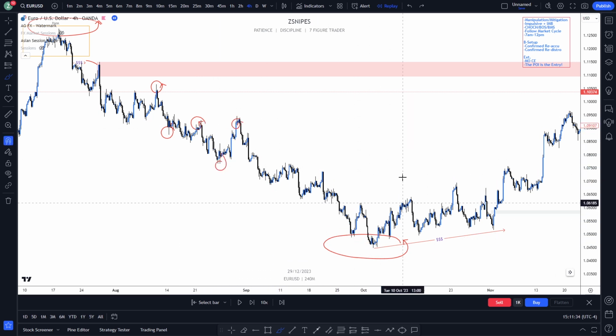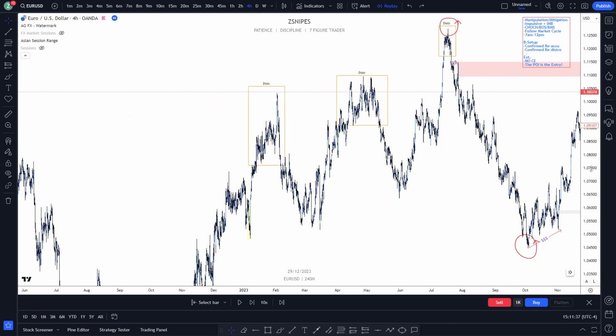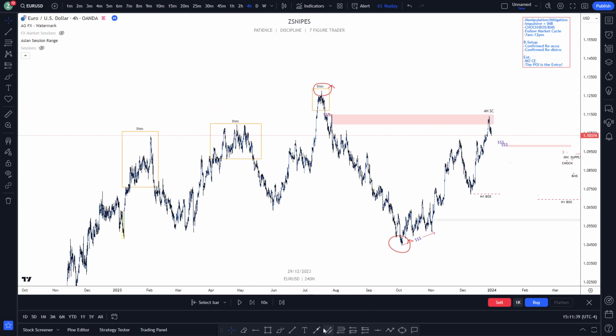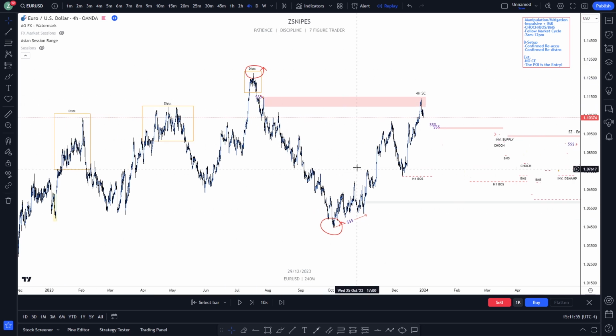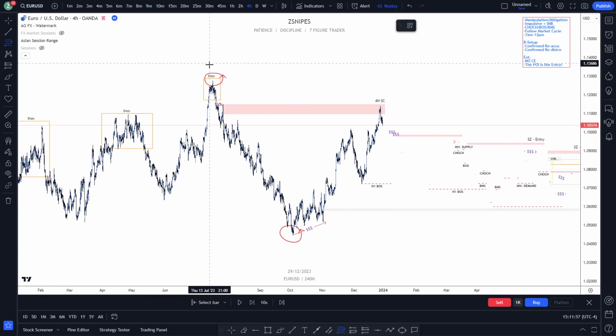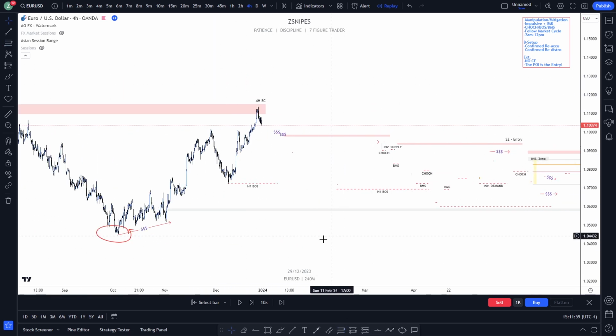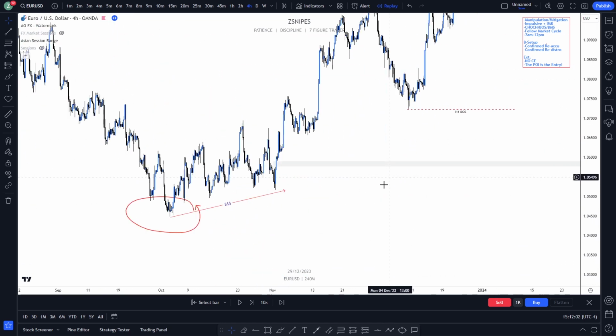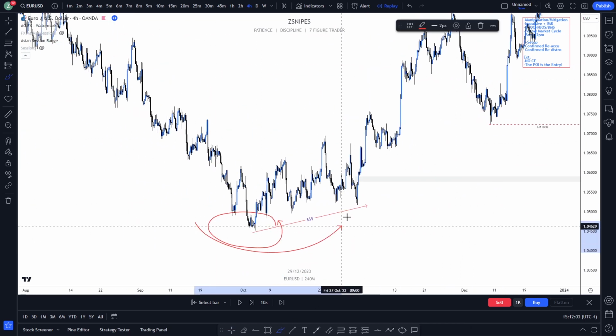Now, what I want you to pay attention to is, as soon as we made that higher time frame leg to the downside from this high to this low, and we broke these lows here, making this a bearish leg, we know that from this high to this low is where the market wants to come back and try to fill up most of this leg here. What does that mean? That means once this leg has been completed, and we know the leg has been completed as soon as we start getting a reversal here.